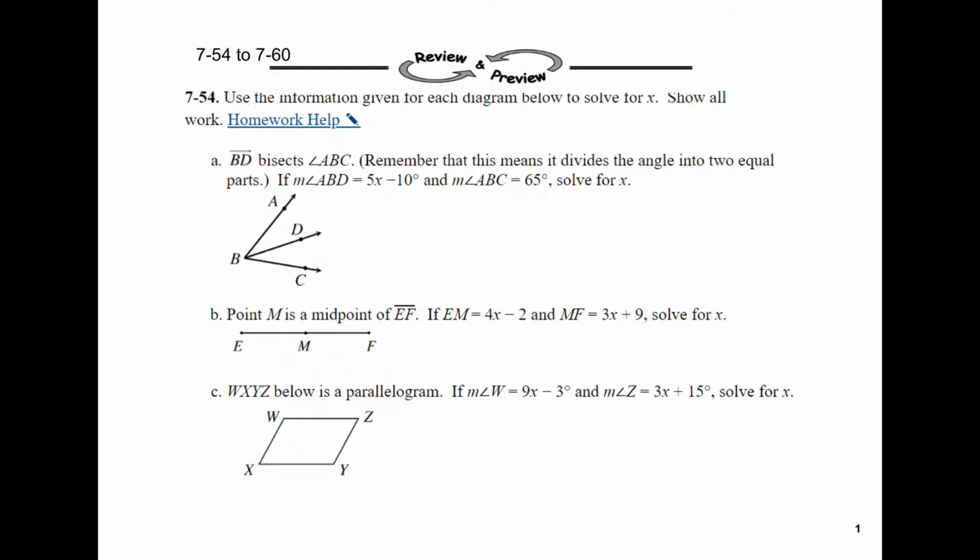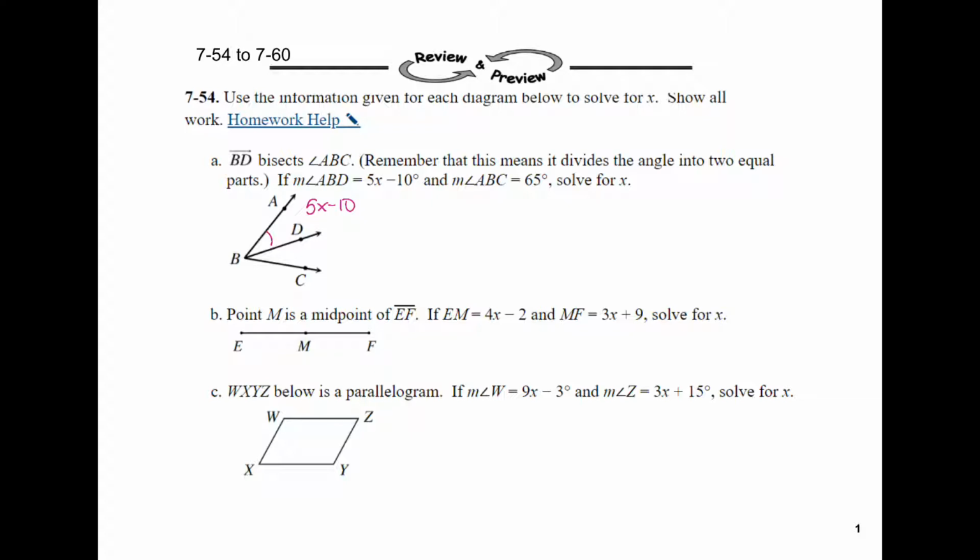Problem 754 says use the information given for each diagram below to solve for x. Show all of your work. Question A says line segment BD bisects angle ABC. Remember that means it divides the angle into two equal parts. If the measure of angle ABD is equal to 5x minus 10,